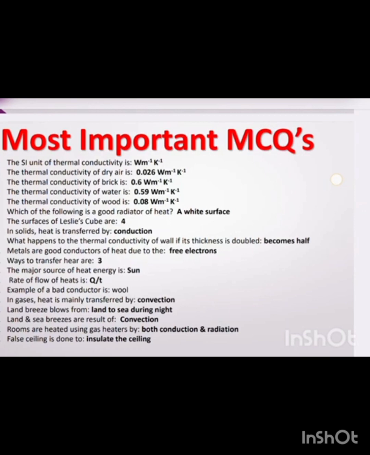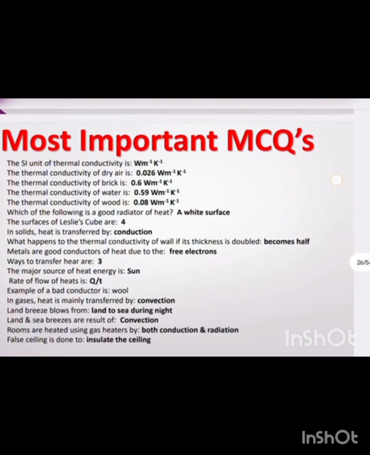The rate of flow of heat is Q over t. An example of a bad conductor is wool. In gases, heat is mainly transferred by convection. Land breeze blows from land to sea during night. Land and sea breezes are the result of convection. Rooms are heated using gas heaters by both